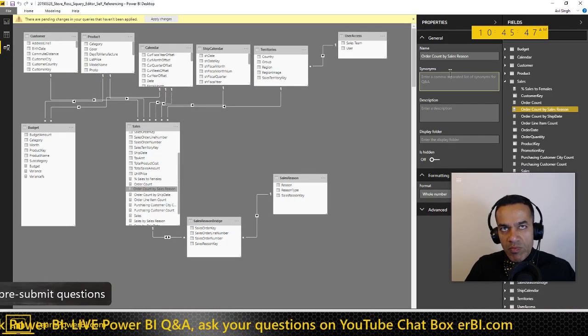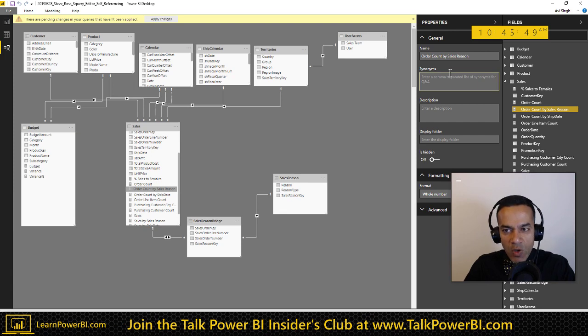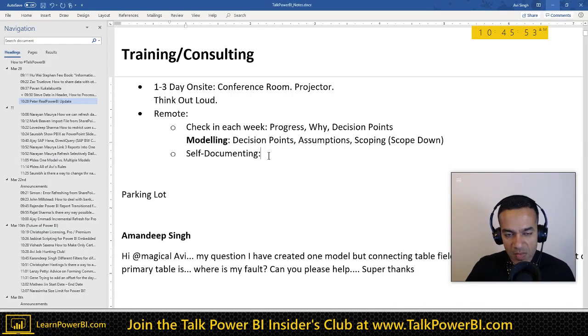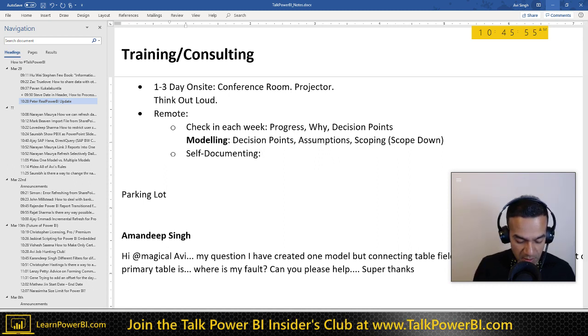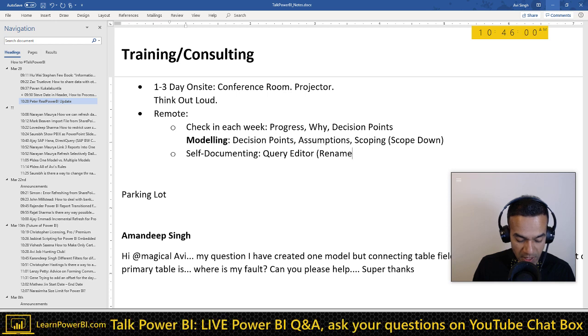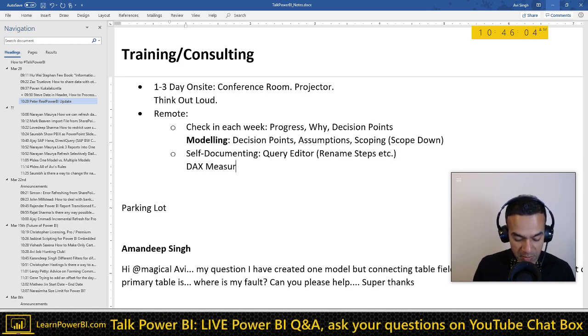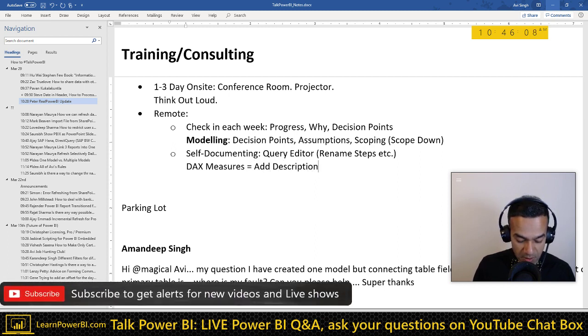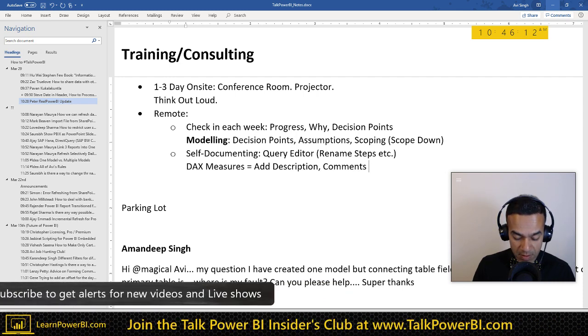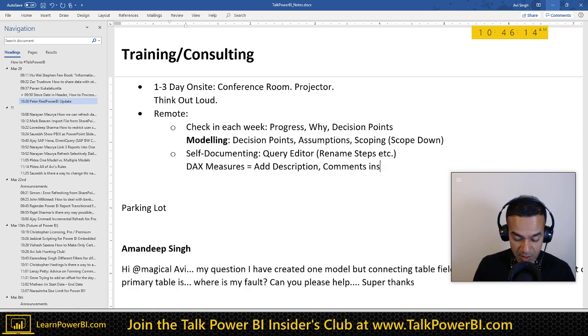So those bits can help. You can try that. Self-documenting, query editor, rename, steps, etc. DAX, measures, add description, and you can also use comments inside the measure.